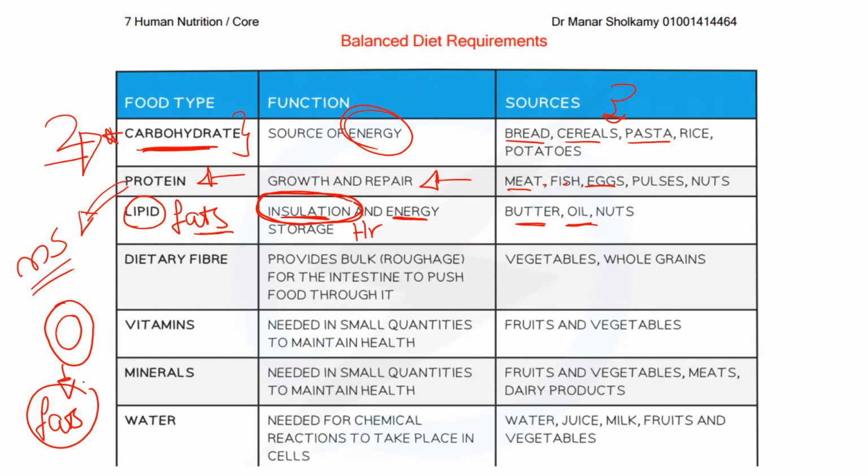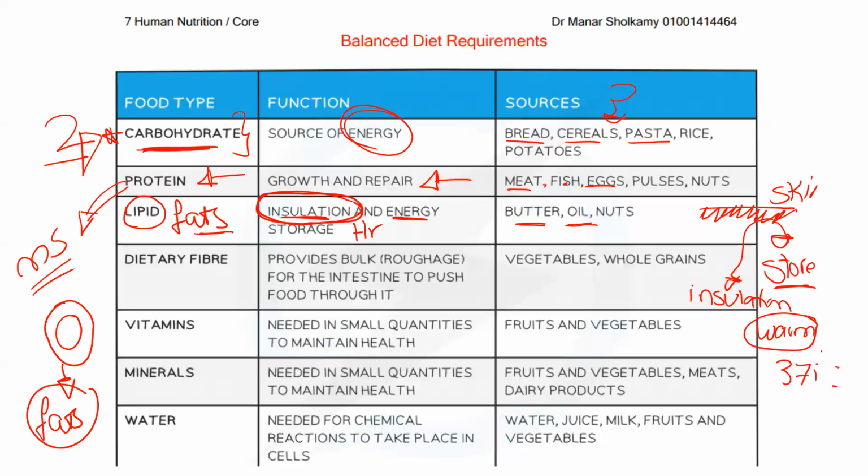And of course, you know that fat is stored under your skin. If this is your skin, you have lots of fat below the skin. And the more fat you eat, the more fat is stored. And this is important for two reasons: it is storing energy, so anytime you need energy you can go get it from your stores, and also it provides insulation. Insulation, simply speaking, means it keeps you warm and it helps keep the body temperature at 37 degrees. You know, when they make fun of very thin people, they say she's cold because she does not have enough fat. This is actually true. She has very little fat, so she is not helping herself with insulation and she's always cold.